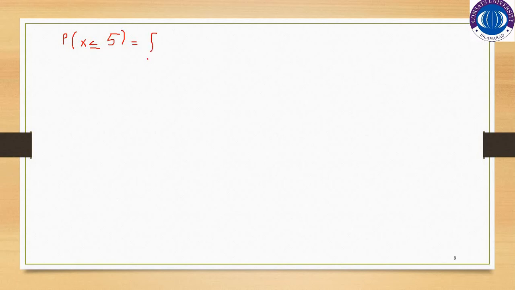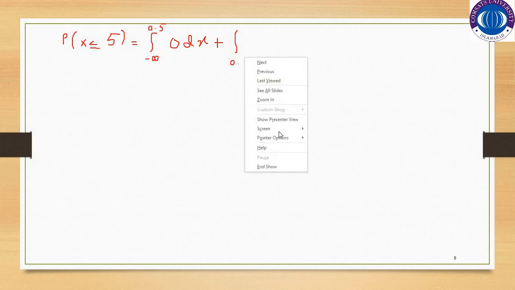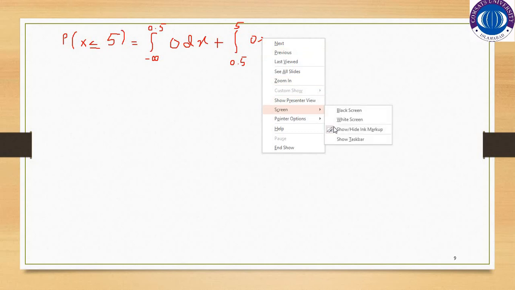If we start from minus infinity, we will break at 0.5 as our function starts from 0.5, and as we know this is 0, plus the integral from 0.5 to 5, and our function is